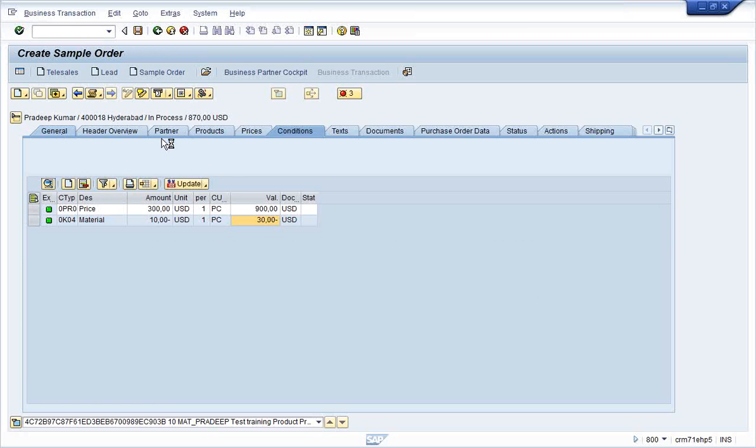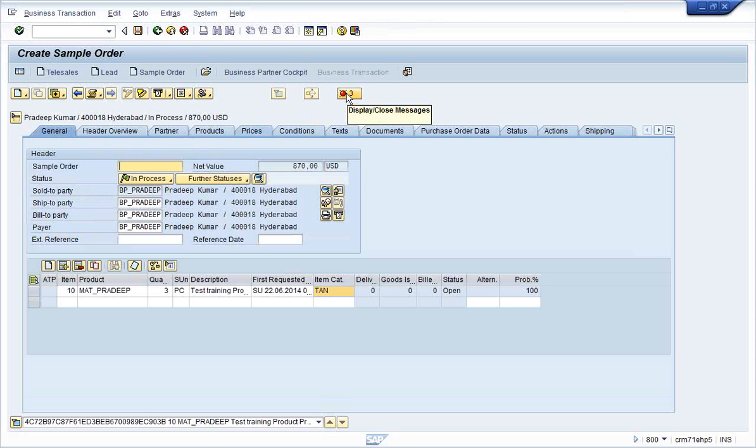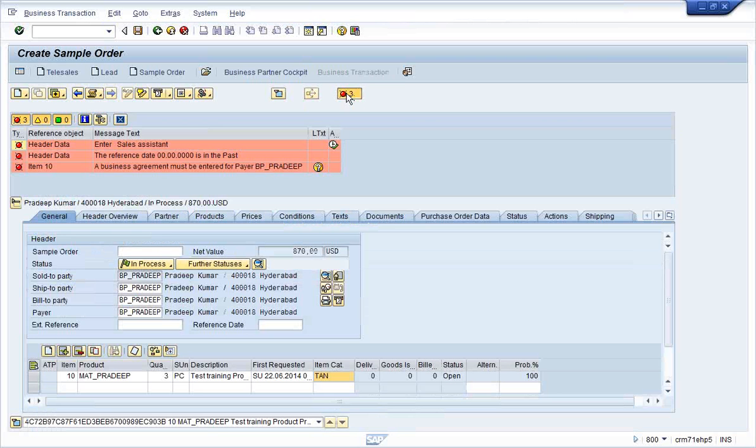Right, I'll save this document. What are the three errors? Sales assistant.